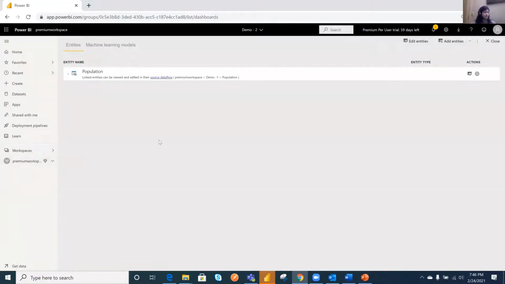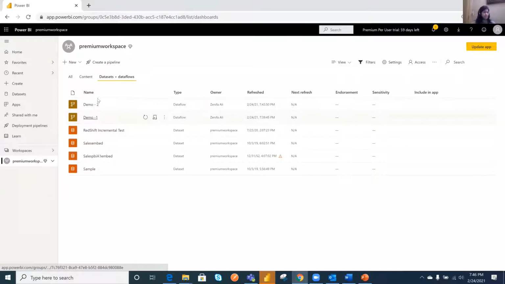So now you can see we have the two data flows created. And now the third option to create a data flow is by the import model option. For that, you can create the data flow by using a JSON file of a data flow. So I'm going to use the same demo one. I'm going to download the JSON file of this one